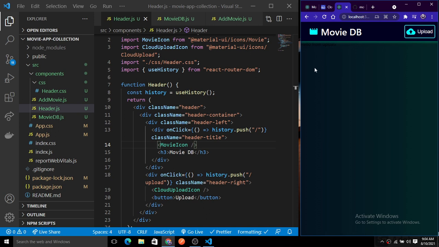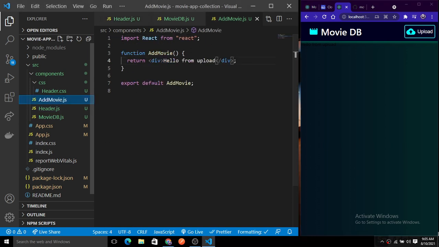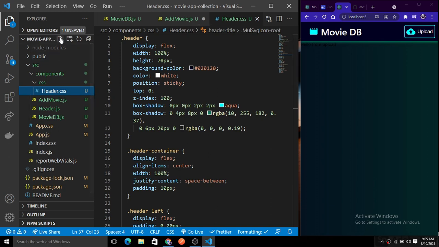Okay, now the next step is to just add a coding for the add movie here. So let's click on this add movie and the movie database. So similarly, I will just simply remove this default text here, and now what I will do, I will simply create two CSS files, each for add movie and the movie database.